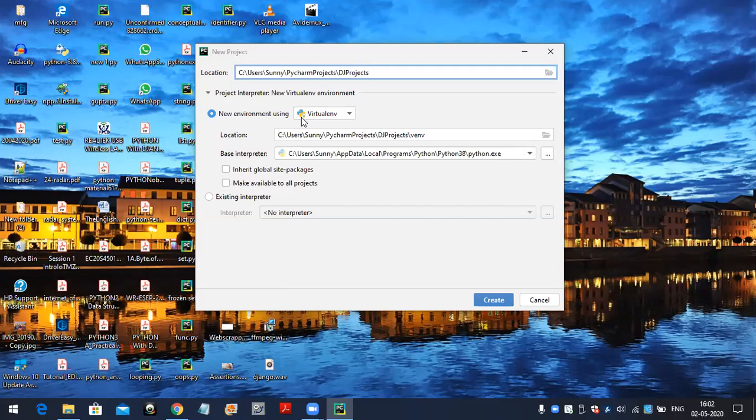Now see here, new environment using virtualenv. At this location it will take like this. Inside DJ projects, the virtual environment will also get created with this name. Now here, inherit global site packages, make available to all projects.